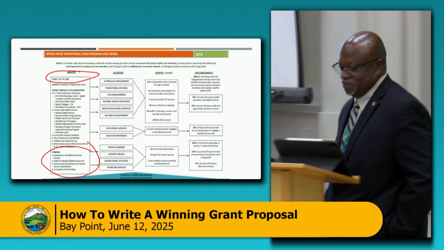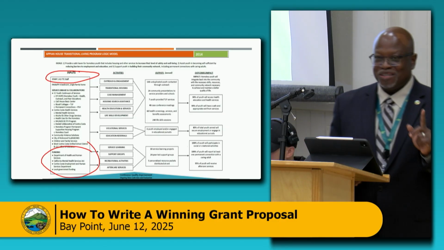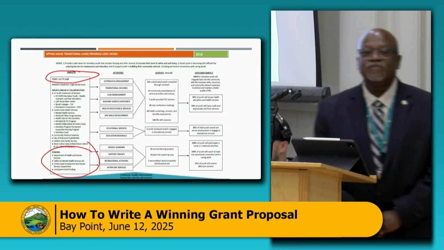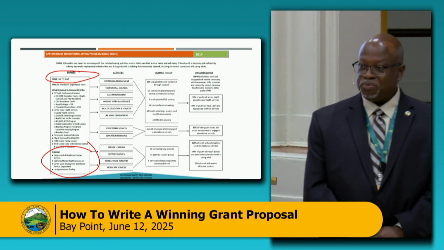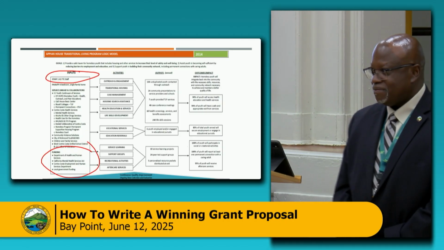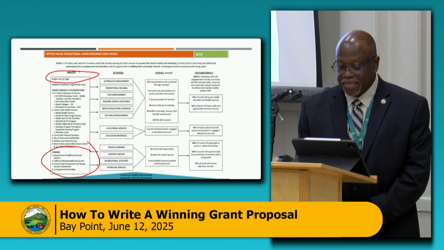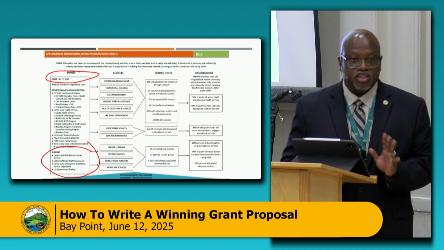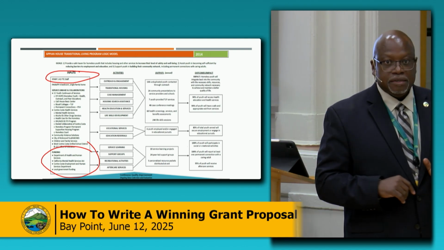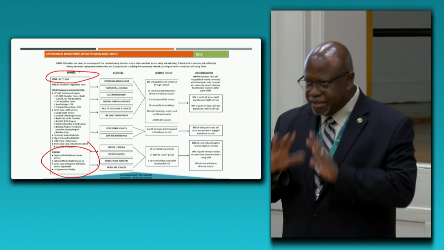Then they did something unusual. They chose to combine outcomes and impacts so that they have 4 categories instead of 5. And that's perfectly fine. They combined them and they made really a good summary and a good case. And this was their logic model, right? Now, does yours have to be this detailed for every proposal? Not at all. But at least the categories must be present, and as much information as you have must be present, right?